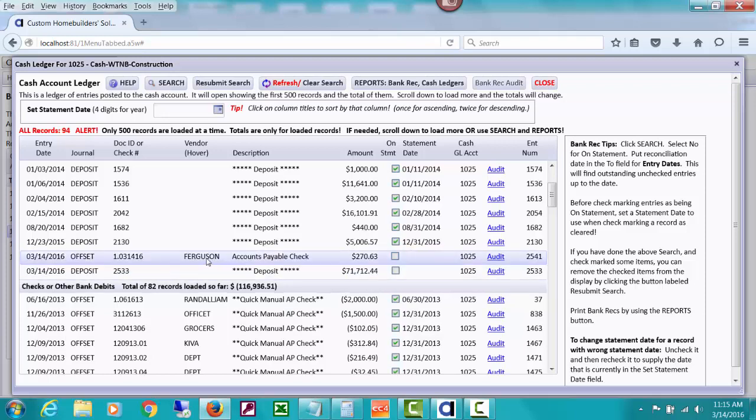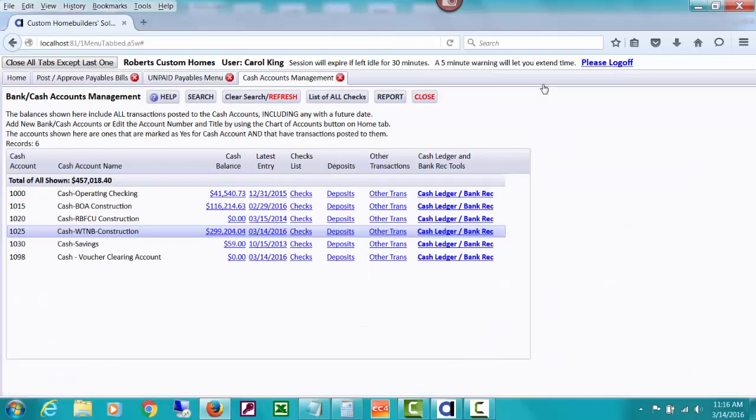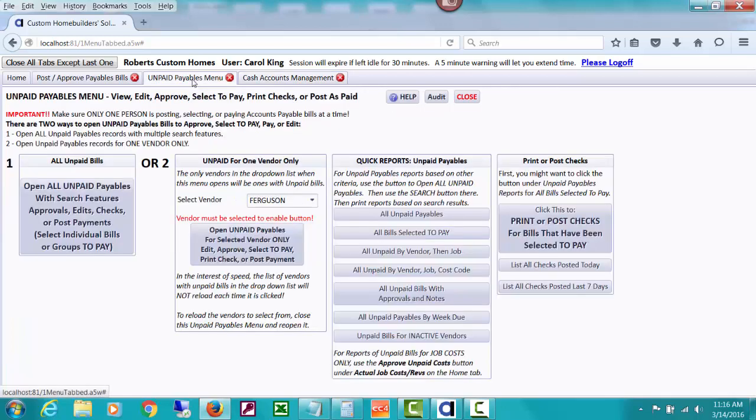And that way I can tell which vendor, etc. Because you can't do that when you post deposits. So that's why that's handled that way. Now you could, if you want to, if you've paid everything to a vendor, let's go back and open and